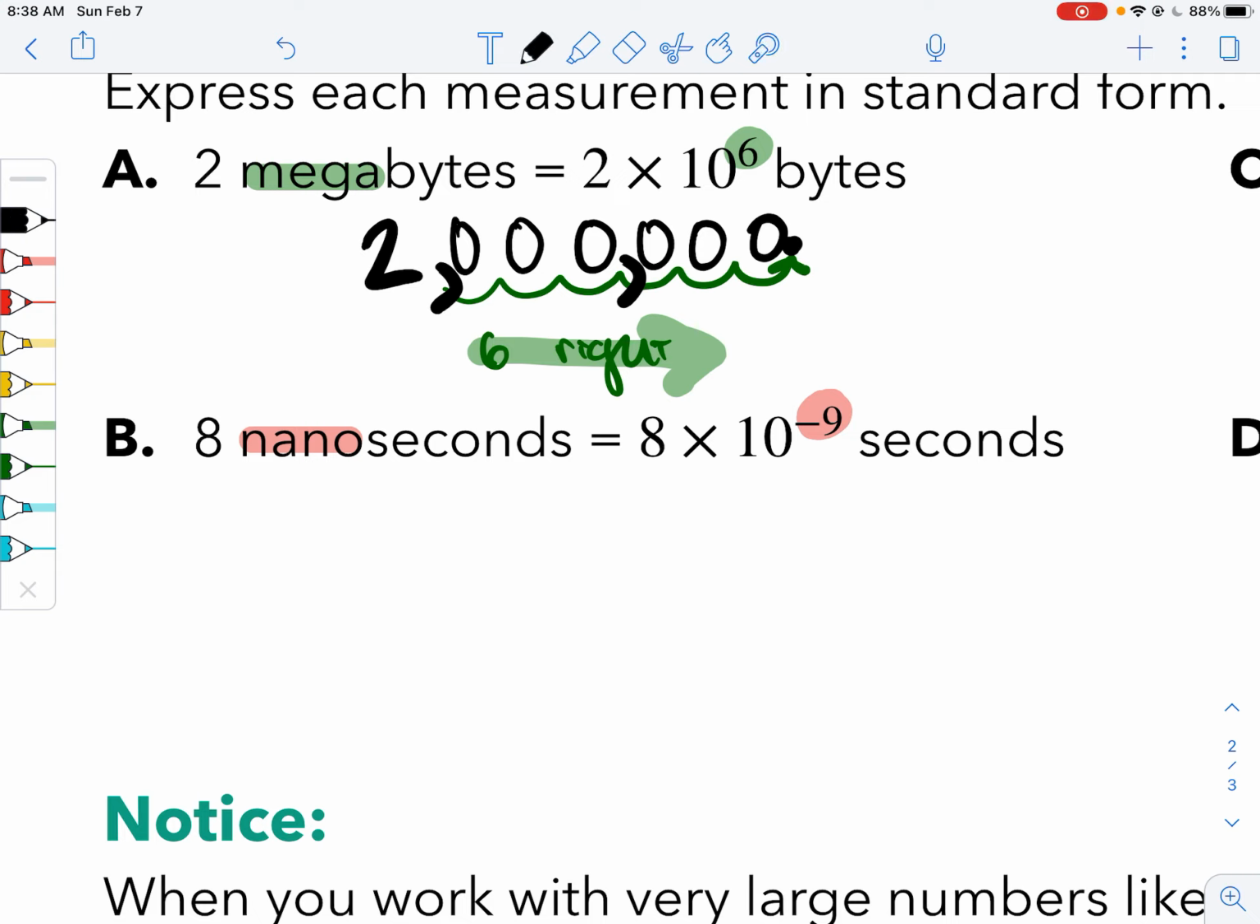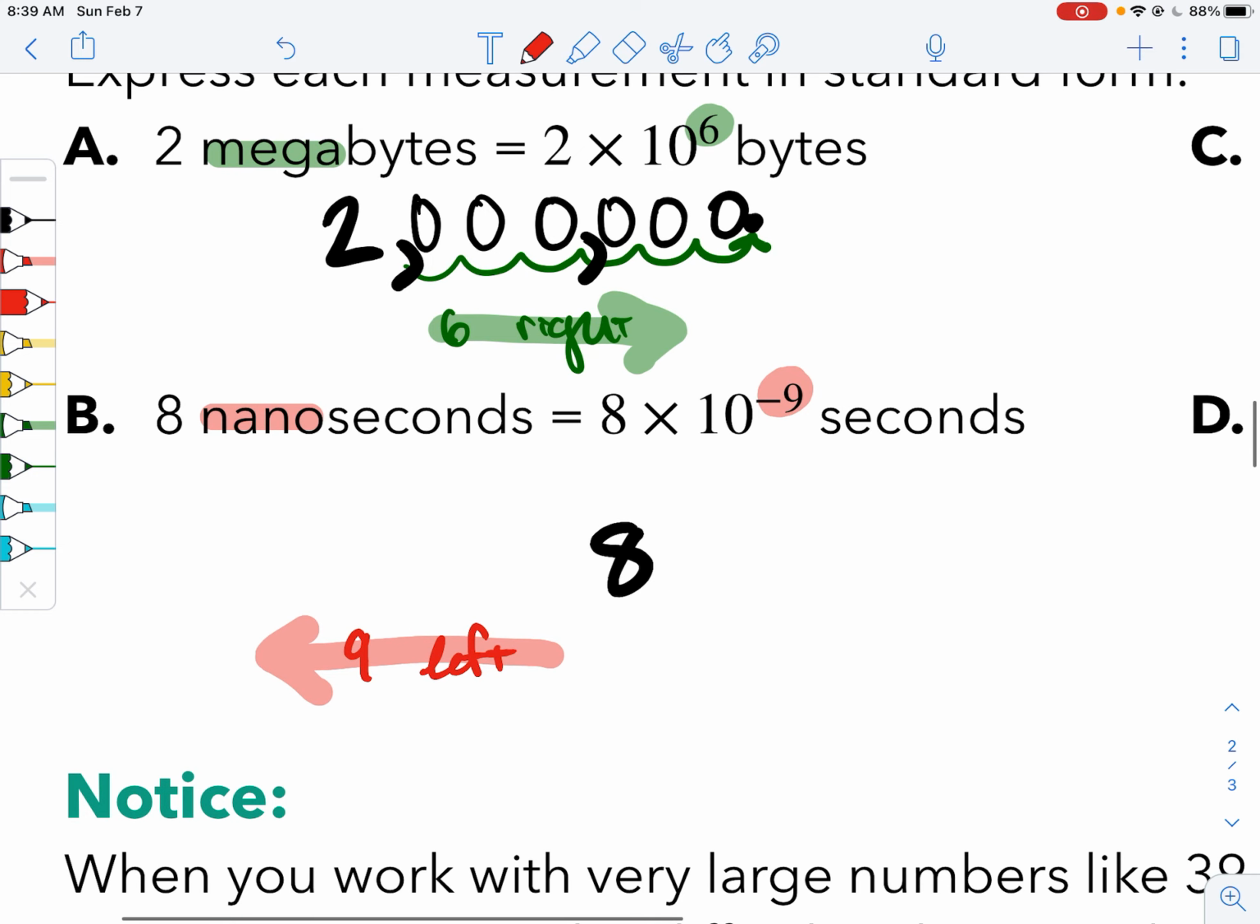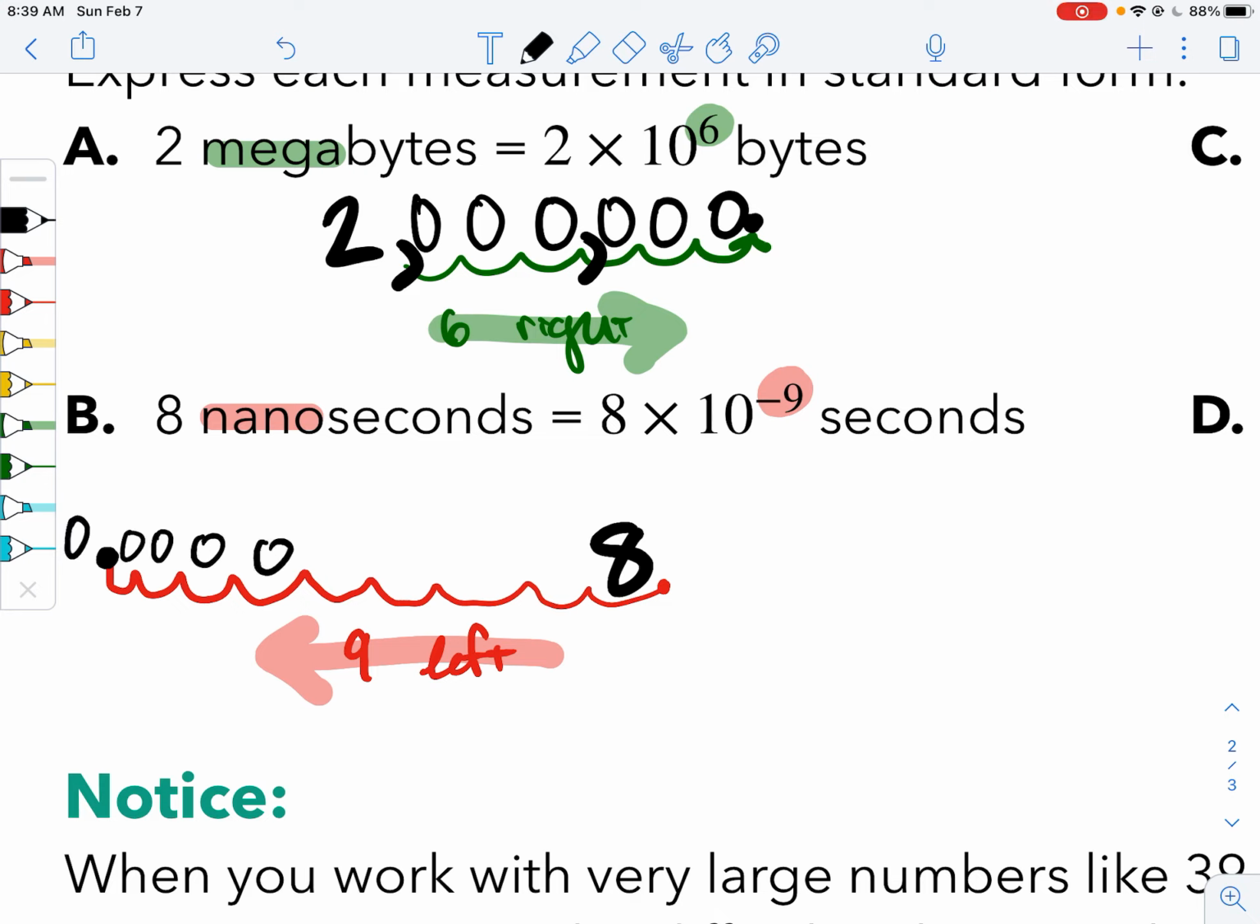So we'll start with our 8. But since we have a negative exponent, negative means we're going to move 9 to the left. We're going to move that decimal point 9 places to the left. Let's go ahead and take our decimal point, which started out here. It needs to go 1, 2, 3, 4, 5, 6, 7, 8, 9. Those were not evenly spaced. Oh well. So our decimal point is here, which means we have 0.1, 2, 3, 4, 5, 6, 7, 8